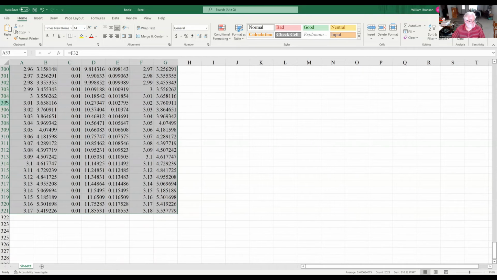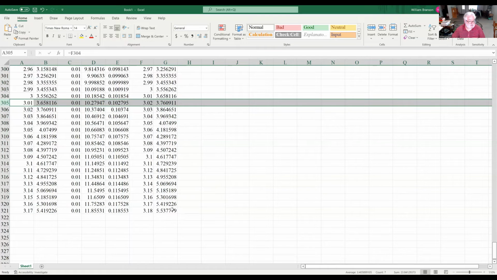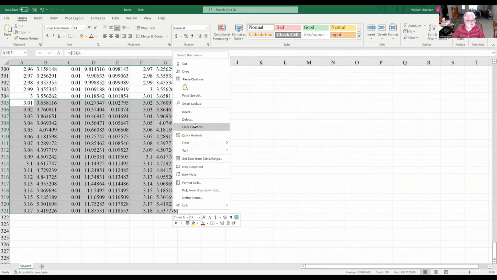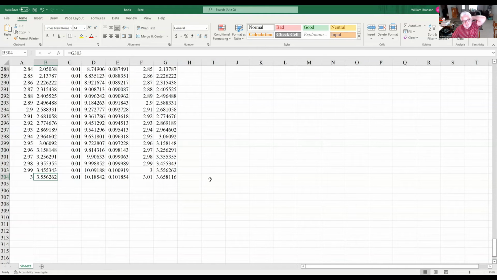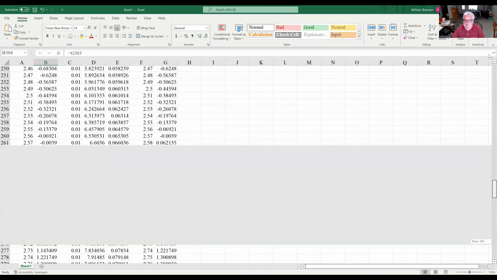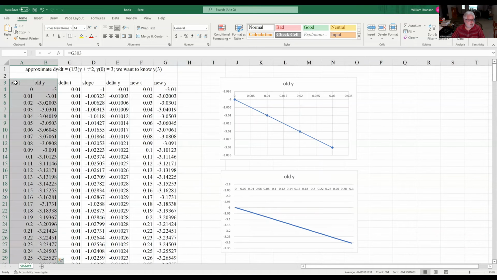So we're actually only interested in getting to 3. So we'll clear those. So we got a much better approximation of 3.55. We're actually pretty close. And we can, of course, click on this, scroll all the way up to the top, and shift-click on that. Now I've highlighted that whole box, and we can go back to our